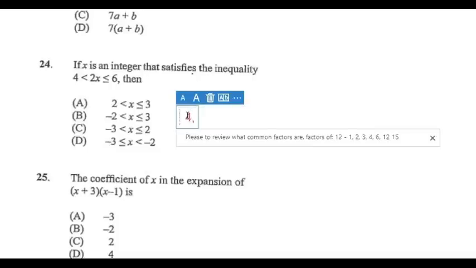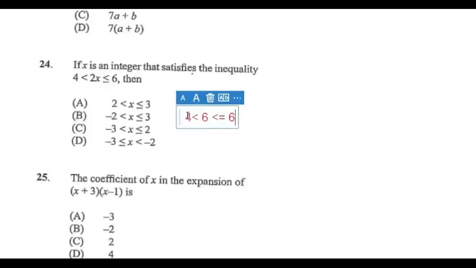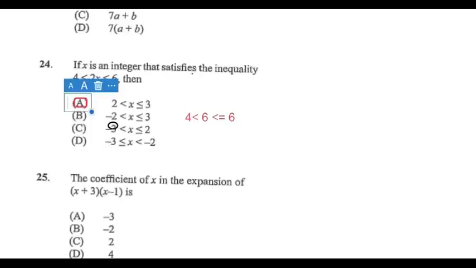So what you're saying is 4 is less than 6, or 6 is less than or equal to 6, and that is true. So therefore right there we can say that A is our answer, and we can look at B, C, and